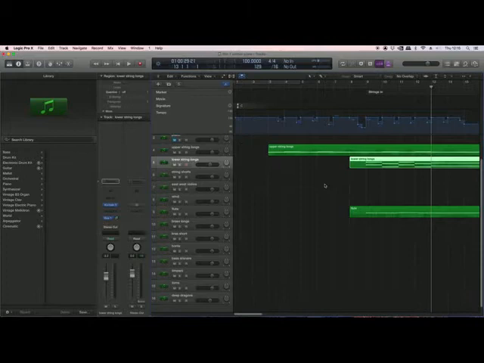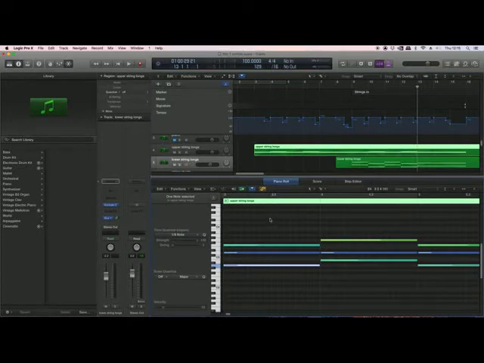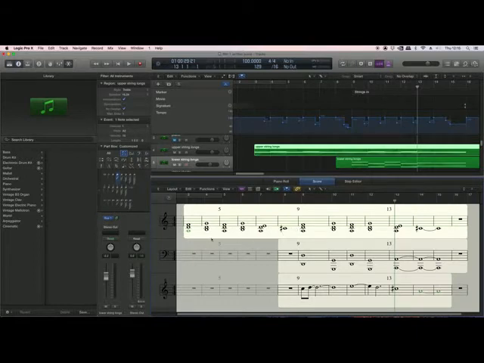So I've got 2 choices here, really. I could either just directly transcribe the score manually from scratch. So I literally look at the score for my upper strings,